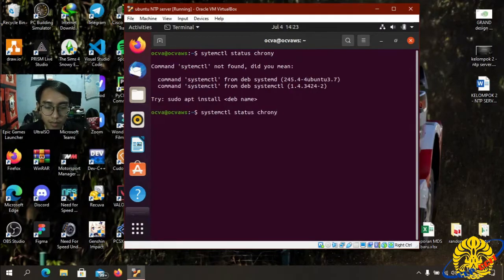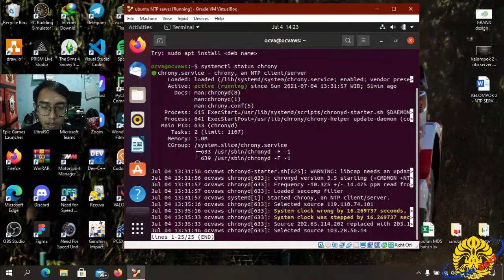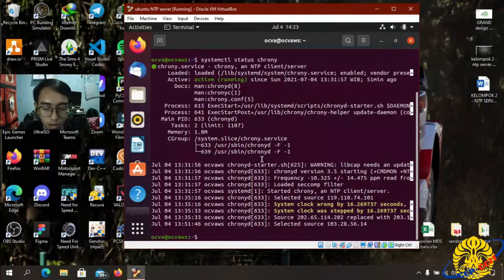Enter, some typo. Okay, Chrony is running. Control C to exit. Okay, after that we can see the sources of Chrony. The command is chronyc sources.